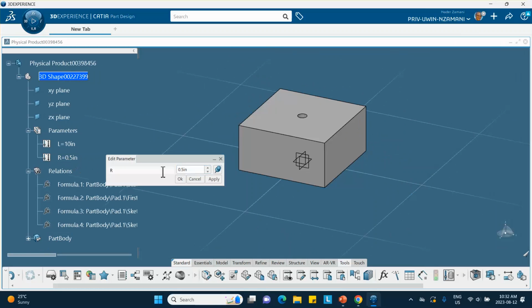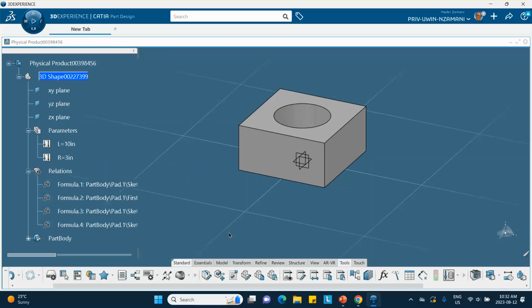Let's take R and change that to 3, and it works. So the way I have done it is I created the parameters and I set the driving dimensions equal to those parameters. That's why I actually have 4 formulas here. The first 2 were to set this equal to half of that, and this guy equal to this, and the other 2 is because I tied them to my parameters and it got 2 equations. And once again, remember,